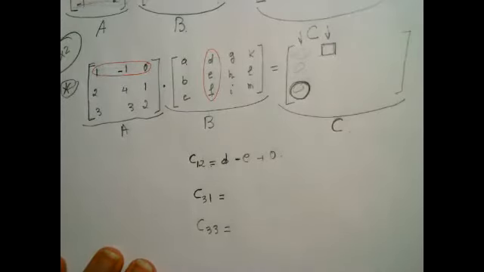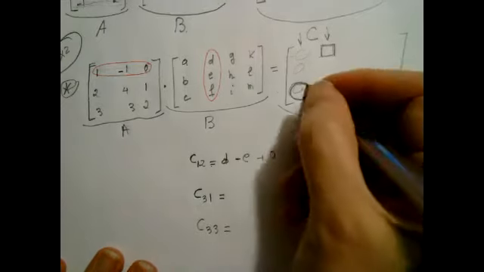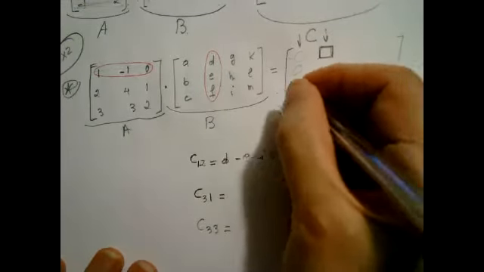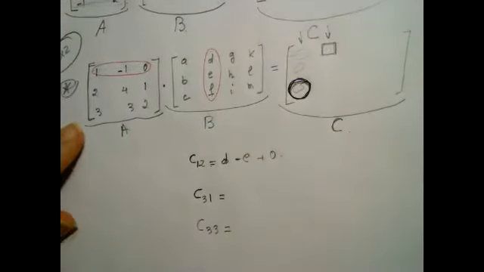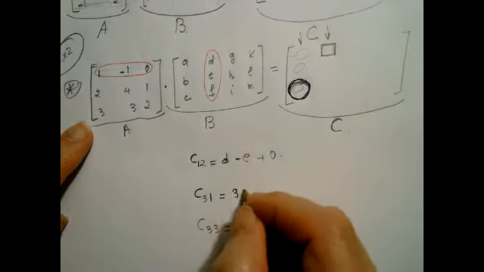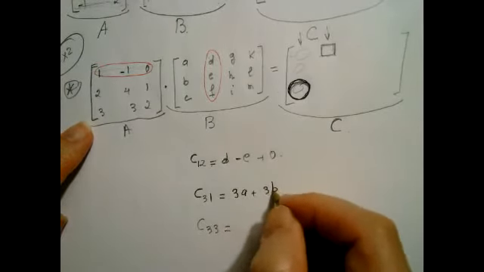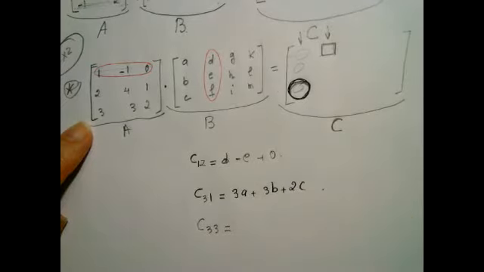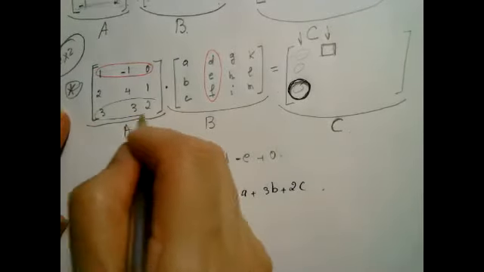Okay, write your answer on chat or speak up, whatever you want. But please, I want answers. So I want this one here. How shall I get that? Would it be 3A plus 3B plus 2C? 3A plus 3B plus 2C. Absolutely correct. Third row,